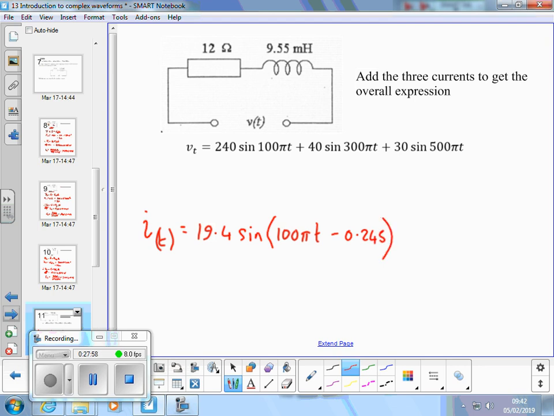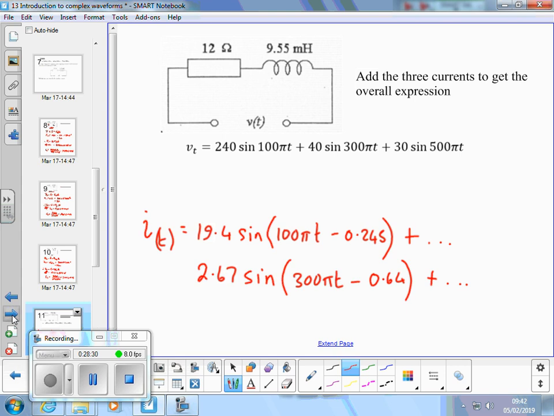Close the brackets. Plus, I'm going to do mine on a new line because I haven't got much room. Amplitude of the third harmonic, 2.67 sine, brackets, 300 pi t minus the angle, which was 0.64. Close the brackets. And then plus